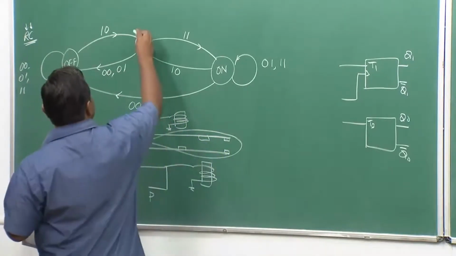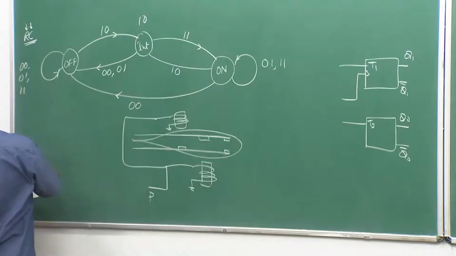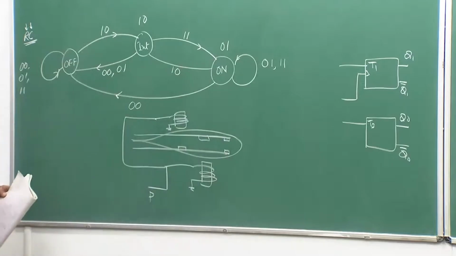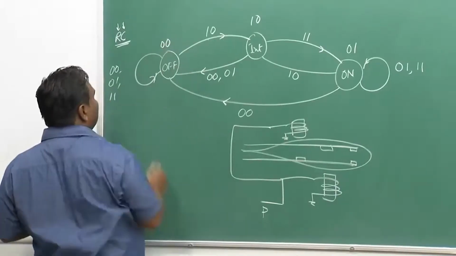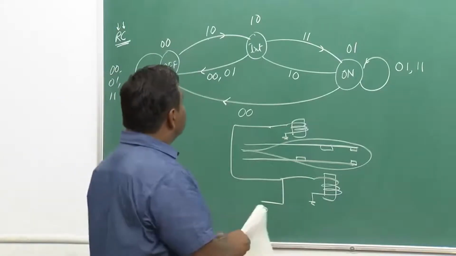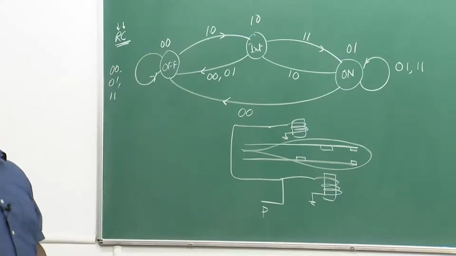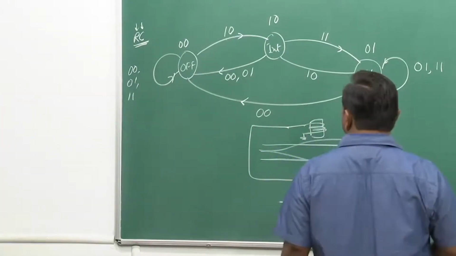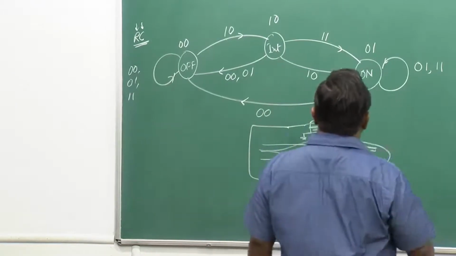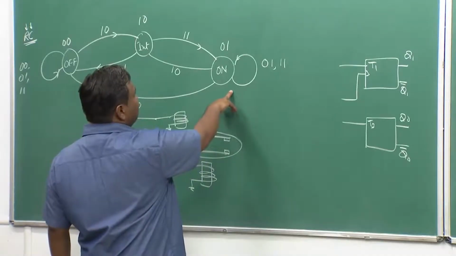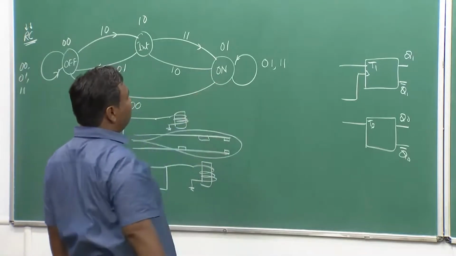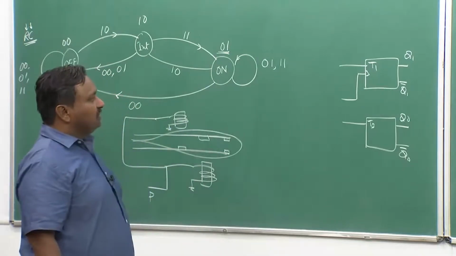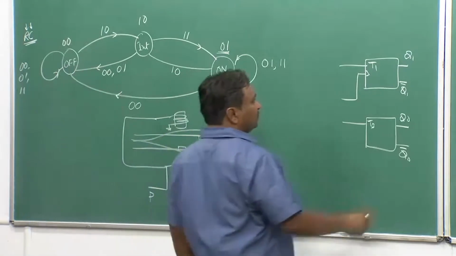So, I am going to generate P from here, and the way I can represent it is that the intermediate state is represented as 1 0, on is 0 1. You can do it the other way around, then the whole computation will change, and I can put the off state as 0 0. There is no 1 1 state of course in this case, so that will never be happening in this system. Okay. So, I have to generate this P. P should only be activated when you are in the on state, which means your Q1 has to be 0 and Q0 has to be 1. So, only in that case